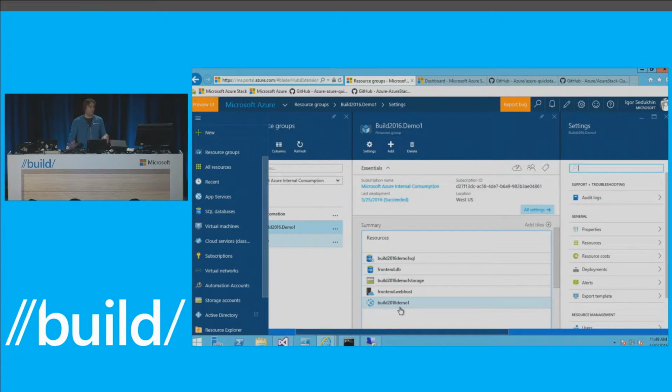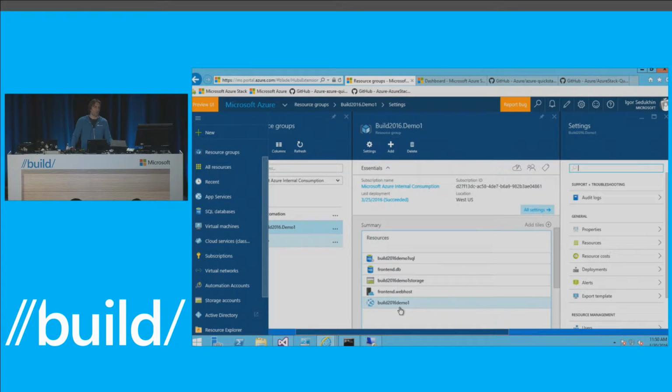For those who are new to Azure, the resource group is this concept that basically is used to put together a set of resources that are related together. They form an application. And then you can do things like assign role-based access control to this resource group to say who is going to be administrator of this app, who's going to be just the observer, who's a developer, and so on.